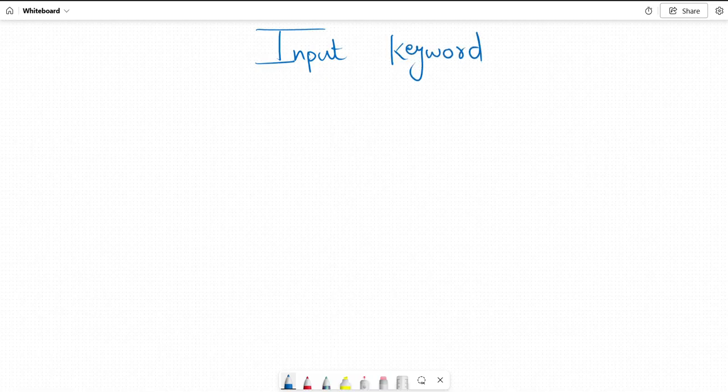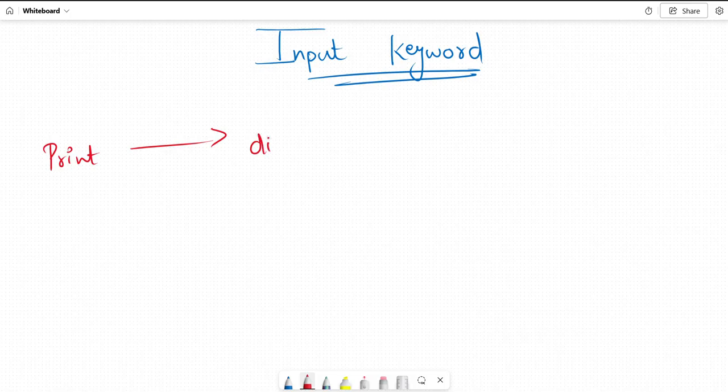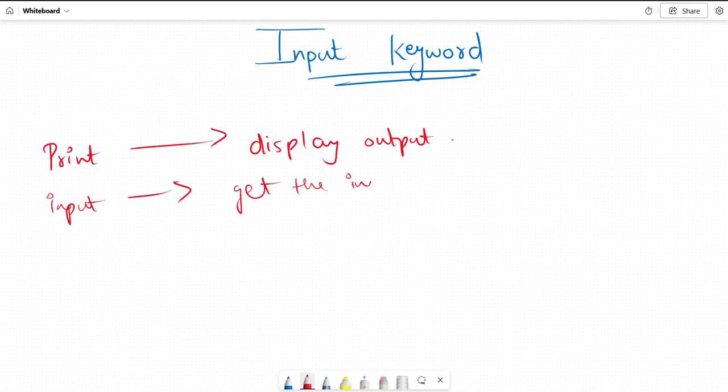Just like print is used to display output, just like that, your input command is used to get the input or the answer from the user, basically from the second party.